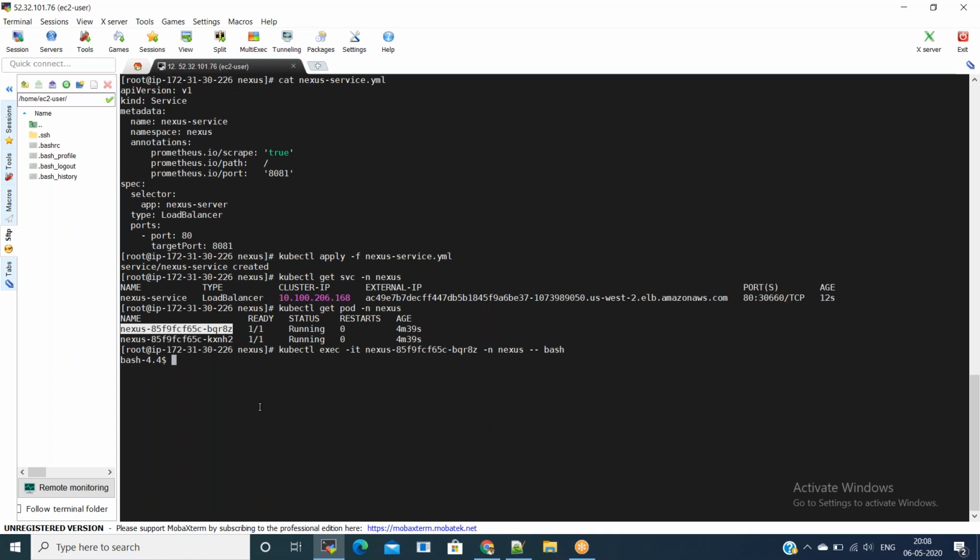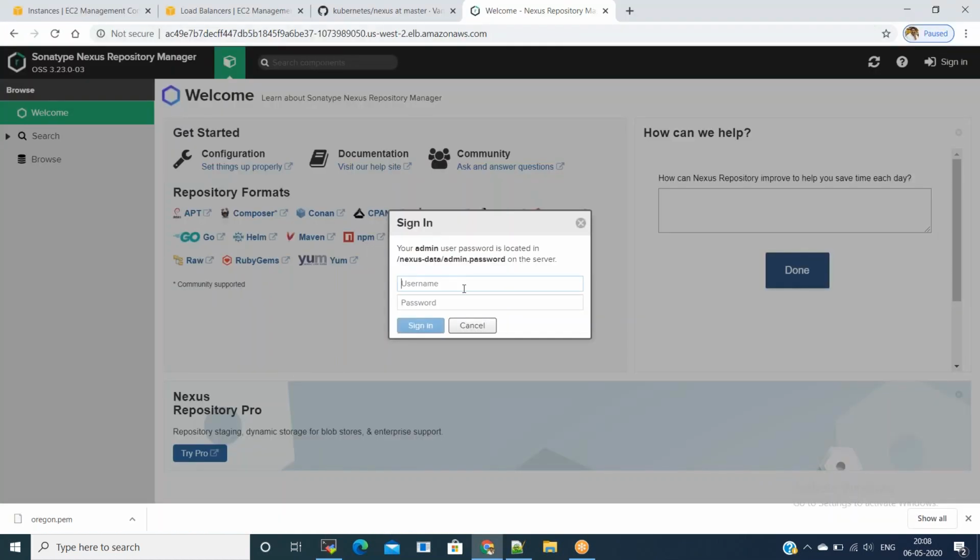Now we are connected to the pod. Just do the cat command and give that path, whatever it is showing on the web UI. Now you got the password. Copy this password and enter it in the UI. The default username is admin, and the password is this.